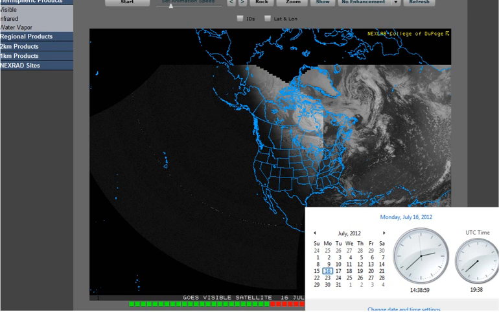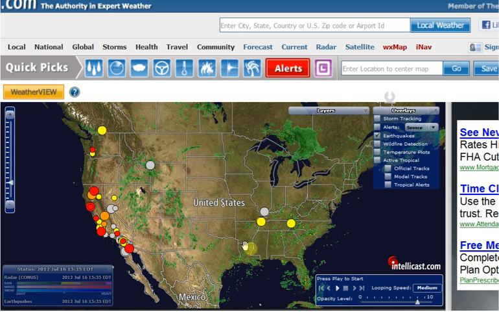Hello, it is Monday, July 16th, 2012 at 2:39 p.m. Central Daylight Time. And I wanted to show you a couple quick things that I'm seeing here on radar. First, let's go to